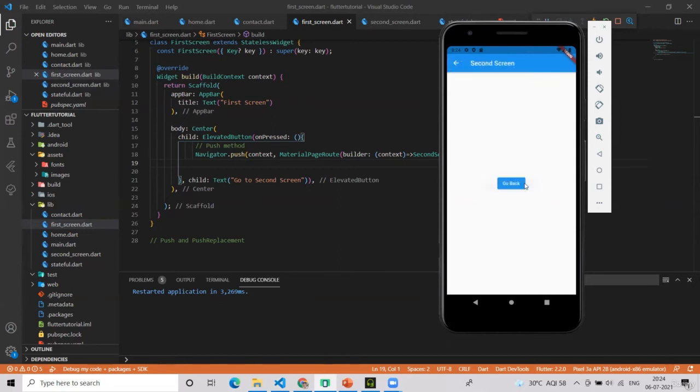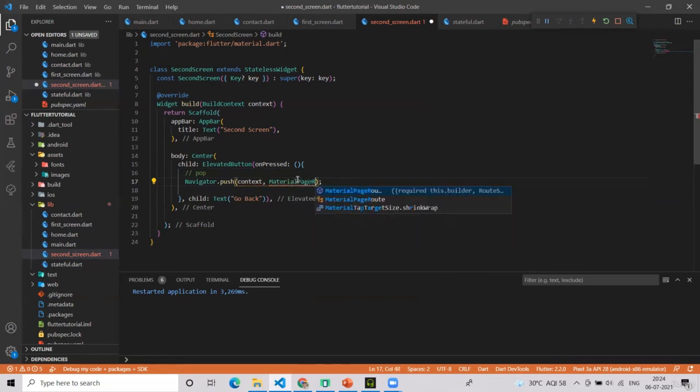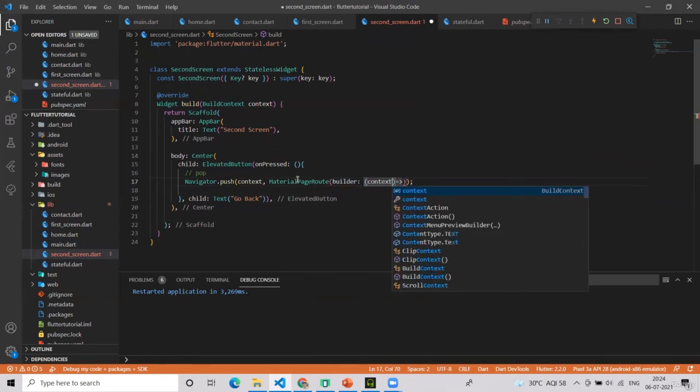And if you want, from this second page, you can also go to a different page. I will just write Navigator.push, then here MaterialPageRoute, then simply context.